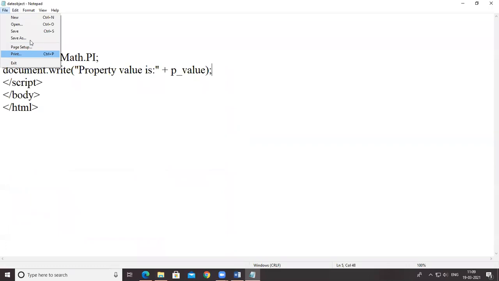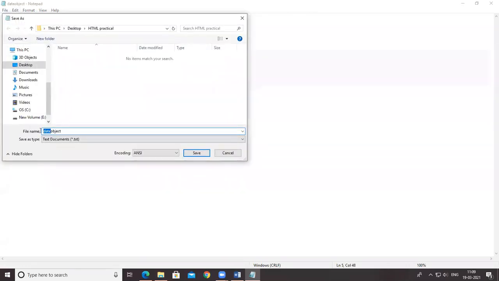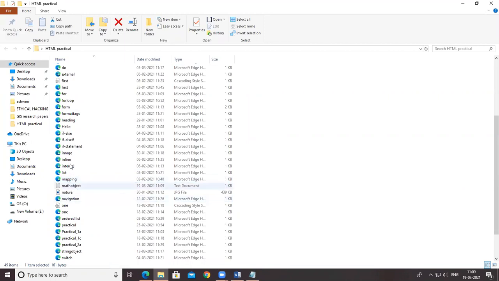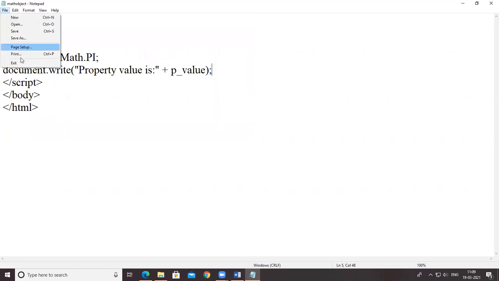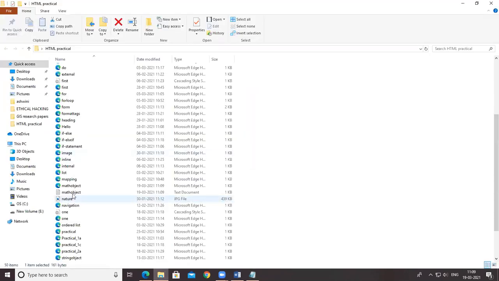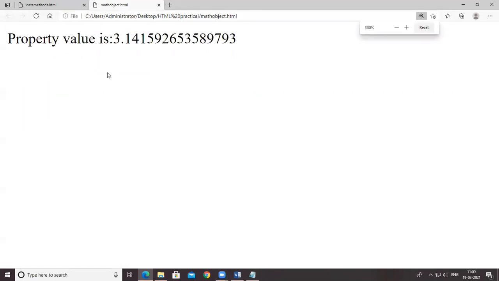Just change this name, math object. See, this value of pi is 3.14 and something next.